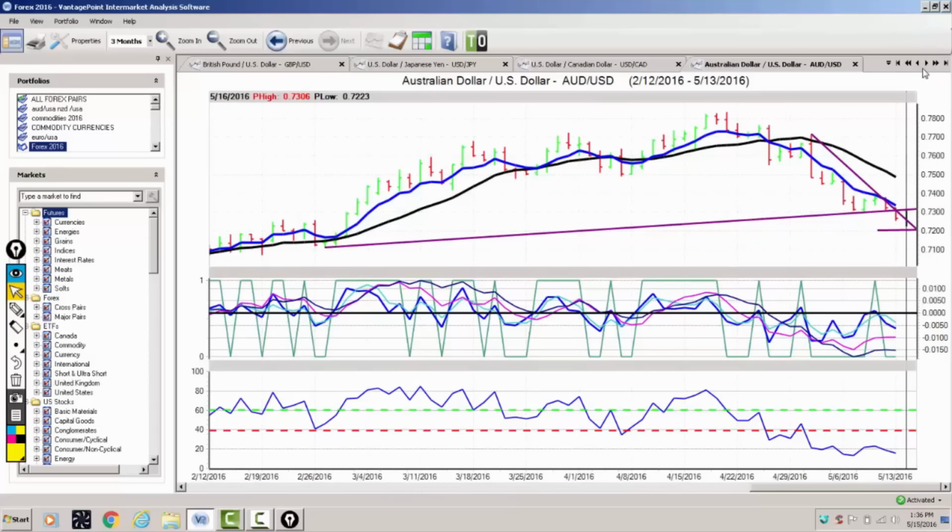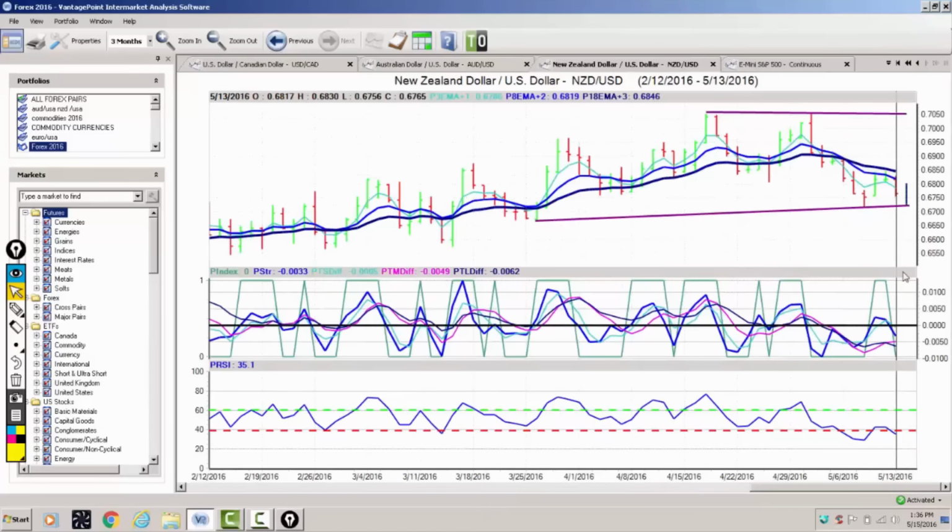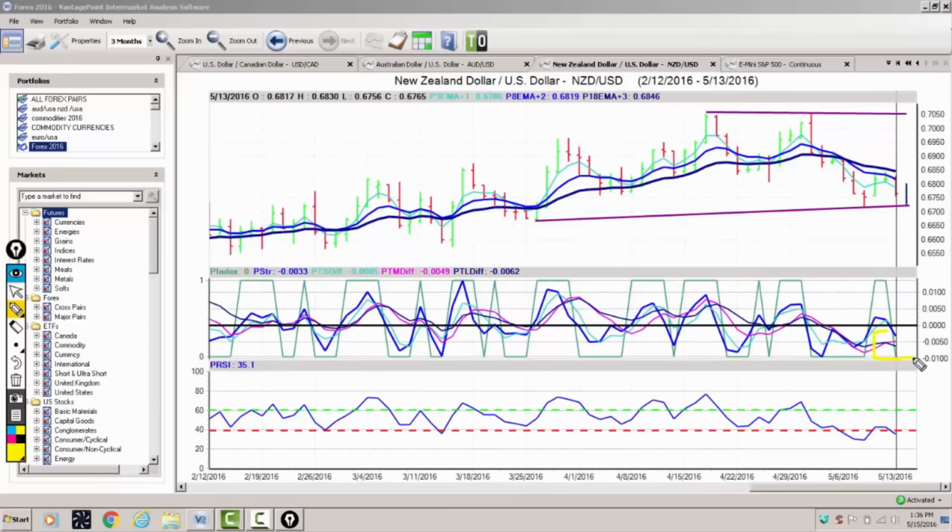And I'll say the same thing for New Zealand. Very similar currency, but we have a more predominant signal from this one. When we look at our medium-term predicted difference in this area right here, we are in oversold territory. We have the medium-term crossing over the long-term predicted difference to the upside. Now, our neural index is down, that's true, but we have a very strong trend line down around 67.20. So I would be looking to buy down around this area for a retracement back to this key VantagePoint 18-day predicted moving average, which comes in at